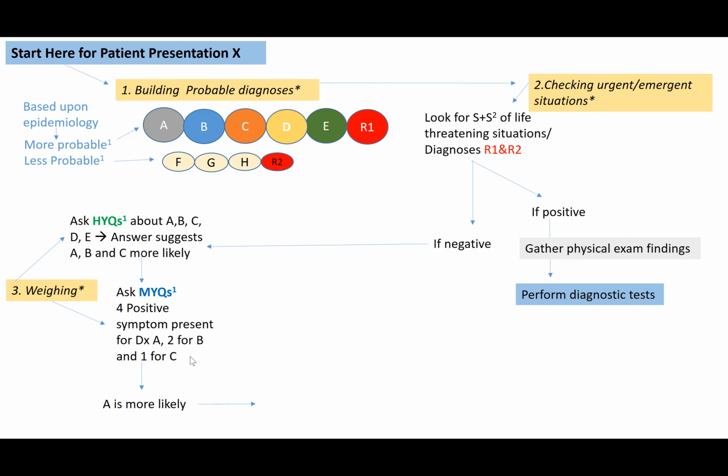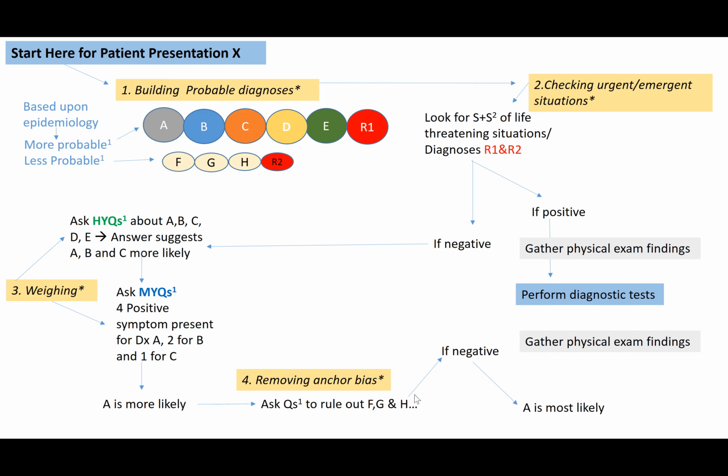But then you will say, okay, wait a minute, I'm not going to stop here because I don't want to be in a situation where I have adopted cognitive ease. I want to make sure that I remove anchor bias as well. So in order to remove anchor bias, you will ask at least one major question for F, G, H also, because you want to make sure that you're not missing anything. Let's say that those answers are negative and the patient doesn't have any of those big symptoms or features of these unlikely diseases, then you will go ahead and say that A is probably the most likely diagnosis. I'm going to go ahead and do the physical exam and then perform diagnostic tests and finally arrive at the